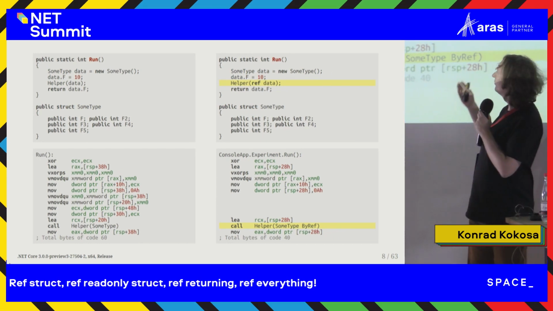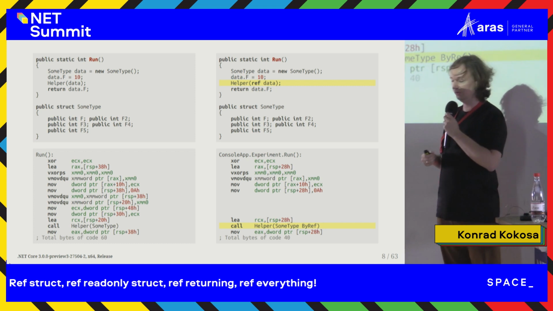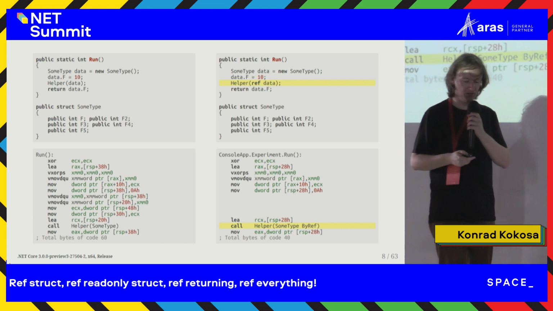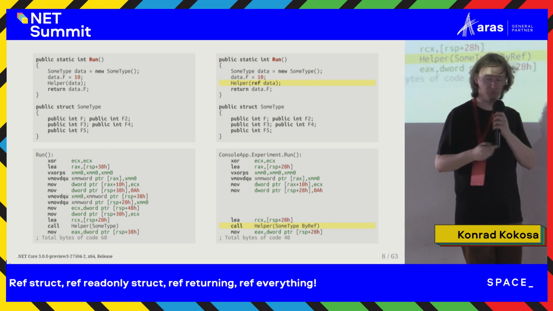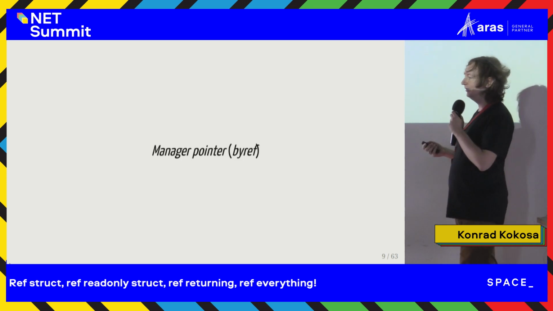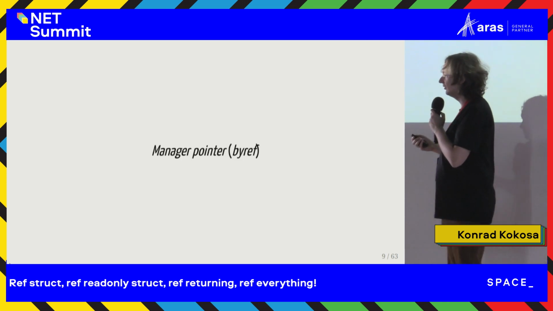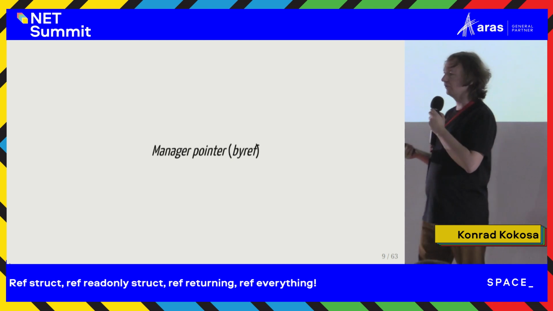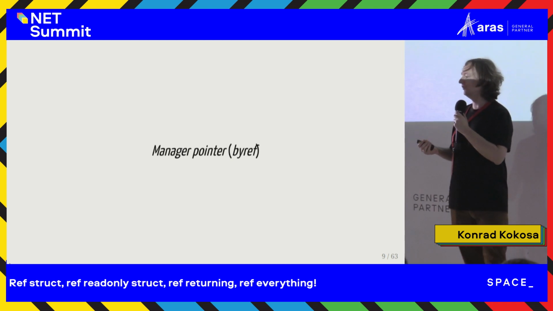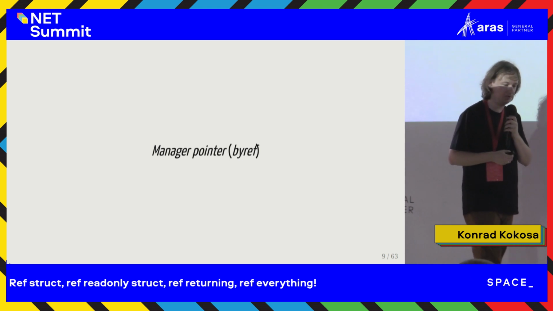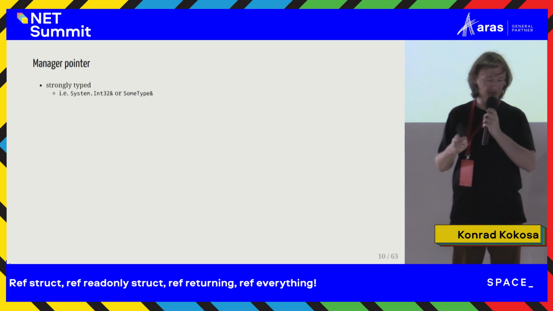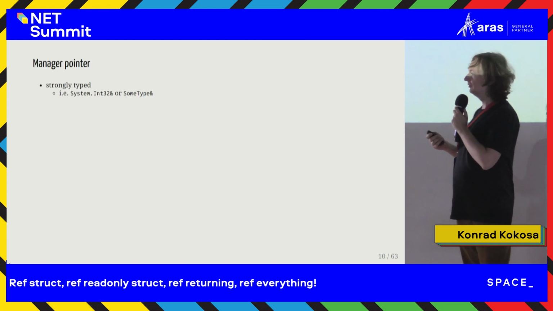So this kind of ref as a parameter was in C# for many, many years, and a lot of you probably use it, as you raised your hand, because it was there from the beginning of C#. And underneath, passing by reference uses something called a managed pointer, which is also called byref because it is passing by ref, so it is kind of another name. But underneath it is using a managed pointer, and such a managed pointer has such